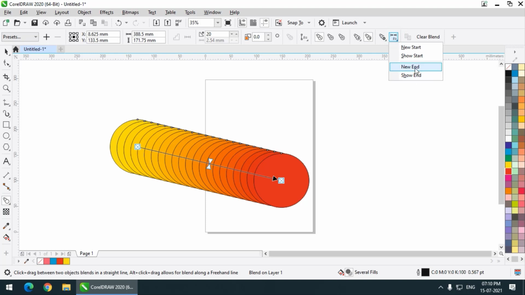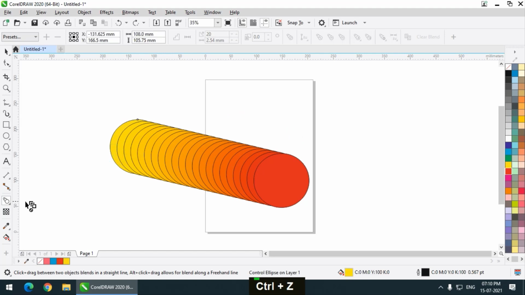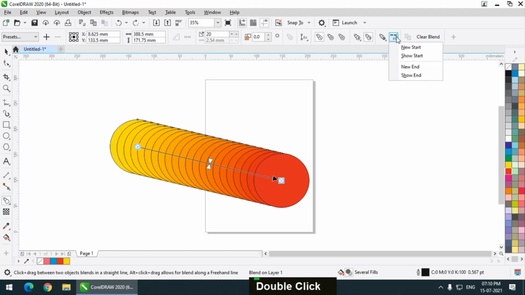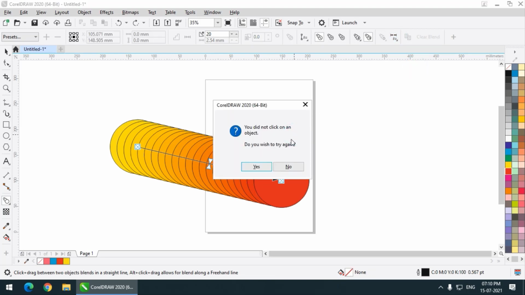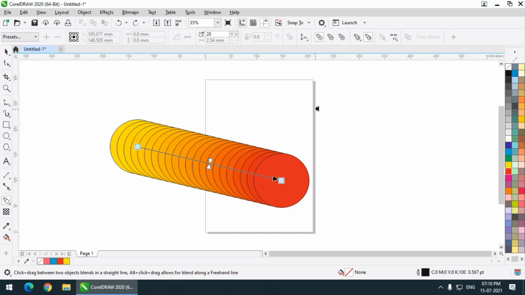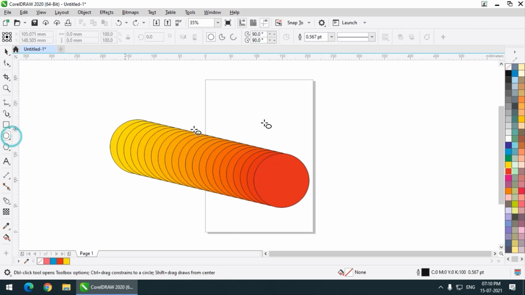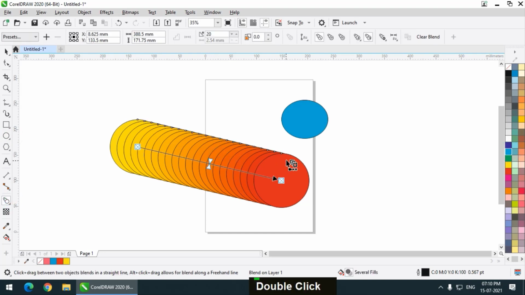I want new end. I have to create an object first. So let's say this object, I almost forgot.